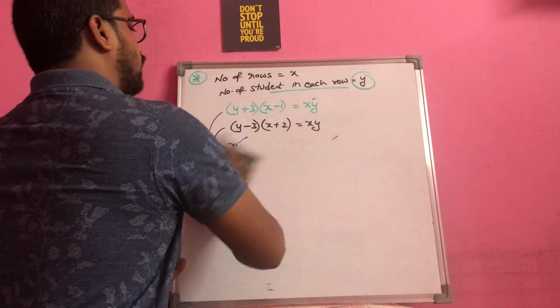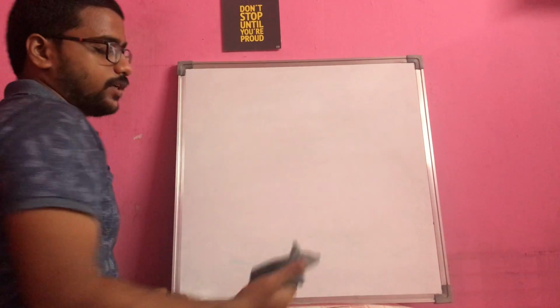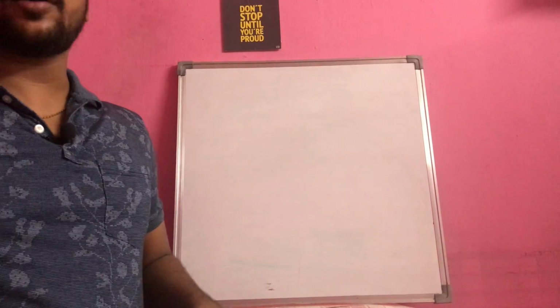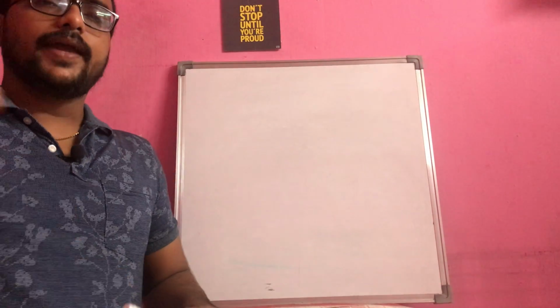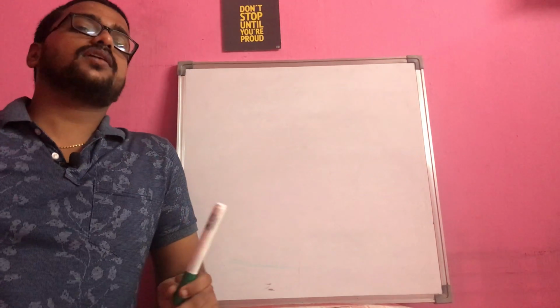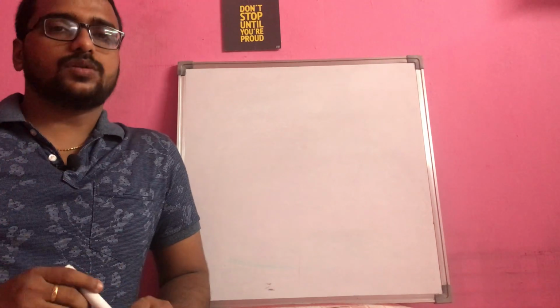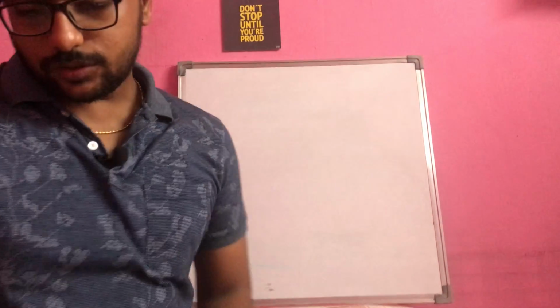Now let us see another last model in this. It is not actually related to the number of students and all. It depends on area of a rectangle based questions. It is just similar to this only, but we are talking with respect to the rectangle. But here we spoke about the number of students in the class, right? Just see this question.